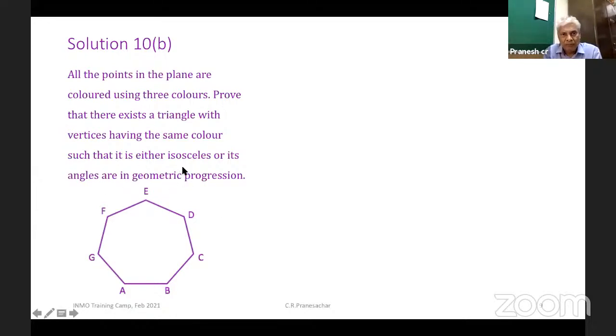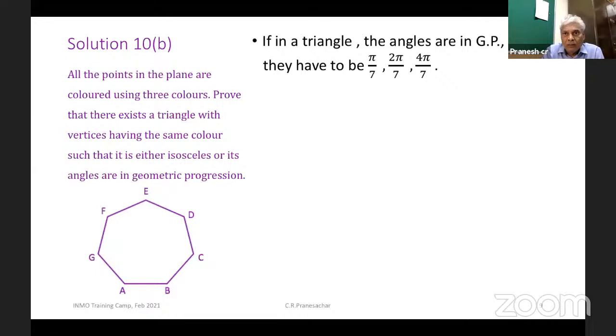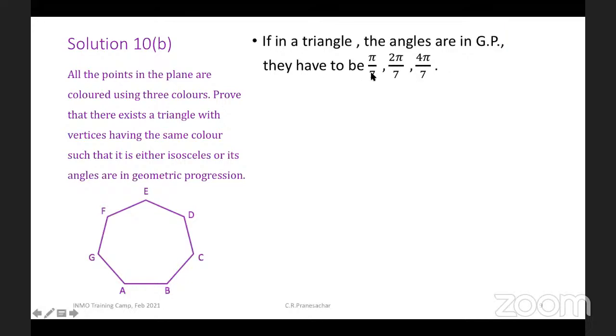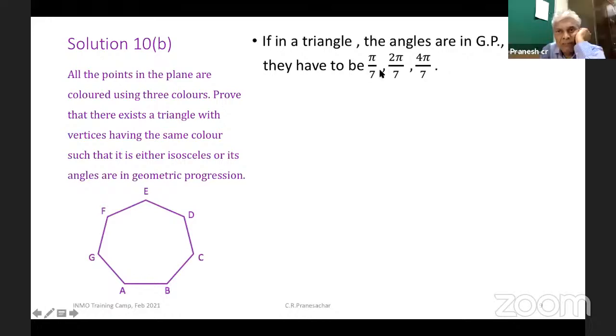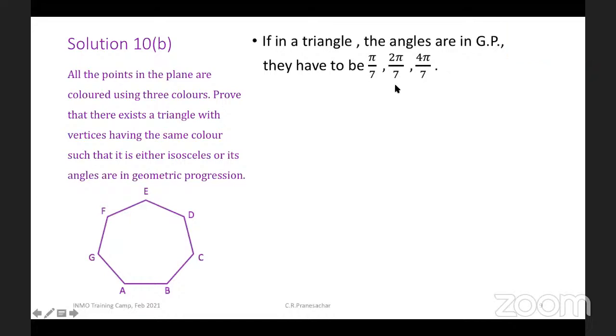Now, how about this problem? How do you solve this problem? There is an isosceles triangle with all the vertices of the same color, or there is a triangle whose angles are in geometric progression. So what is meant by geometric progression? If in a triangle the angles are in geometric progression, they have to be pi by 7, 2 pi by 7, and 4 pi by 7, right? Yes, sir, because the sum and product are constant. Yeah, the sum is pi, and if you take the ratio to be